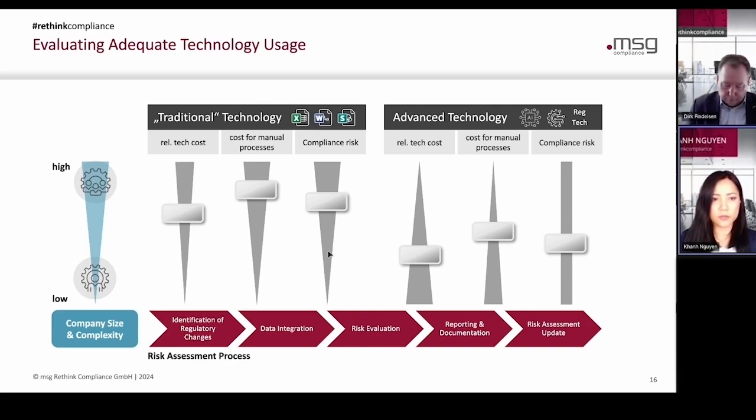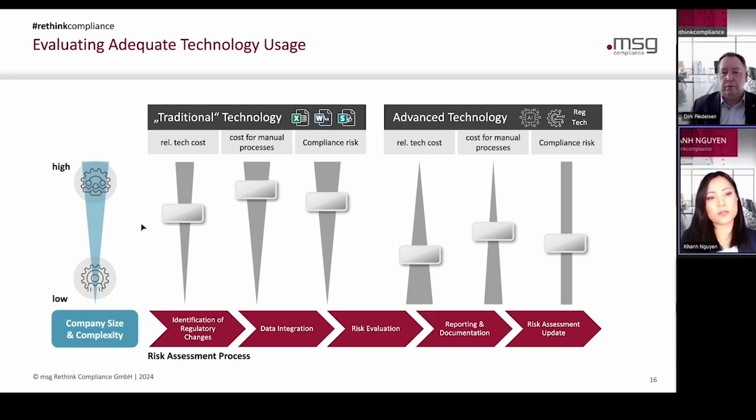Taking a look at the more traditional and the more advanced sides, you see we have taken out three major points that we need to consider when assessing efficiency and effectiveness. The first one is the relative tech costs, but also the cost for manual processes, which also includes the time when you need to take care of errors that you might have with manual activities. But of course, the compliance risk is a major aspect that you need to consider in that whole aspect.